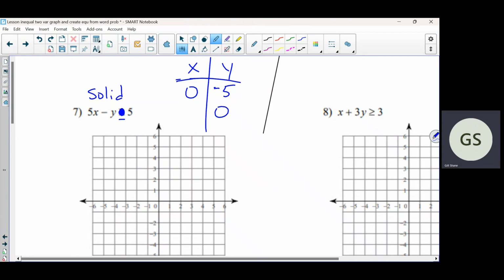So I'm going to say, well, what if y was 0? What would x have to be? I can pick anything I want for the first variable, but then I have to solve for the second variable. Well, that would be 5x, subtract 0 equals 5. Well, again, we said if we're adding or subtracting 0, it just goes away. 5x